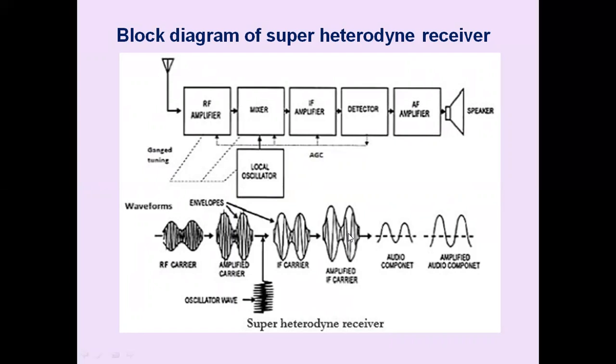So this amplified IF signal, which contains the original message, is nothing but a modulated signal on the IF value. It is applied to a demodulator. The demodulator produces the envelope. We are making use of the envelope detector. This envelope is recovered back. This audio signal is applied to the audio amplifier and power amplifier to increase the audio level and power level of the signal, and finally it is fed to the loudspeaker to get the information.